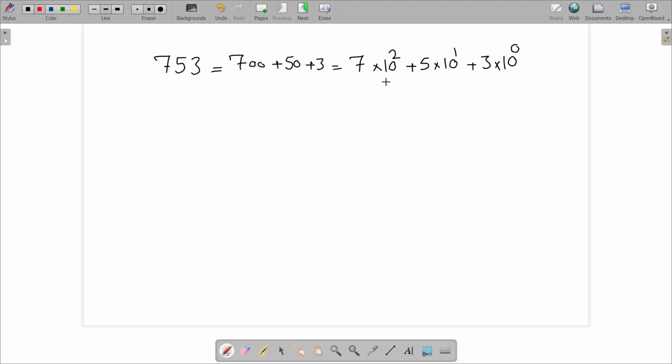So we can see that these tens represent the base of a number, and we call these tens